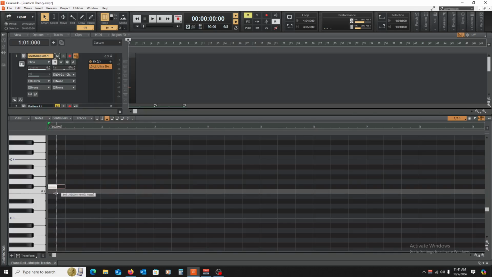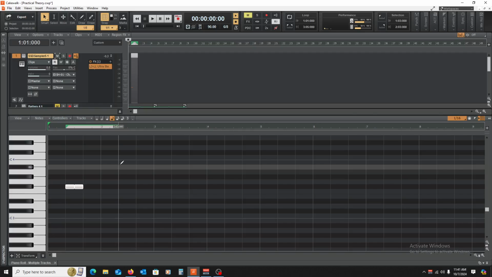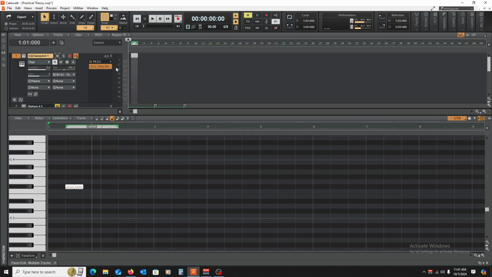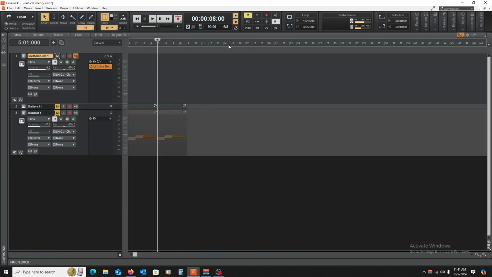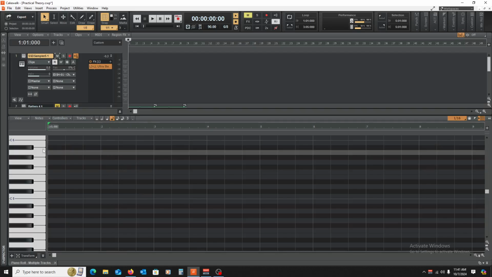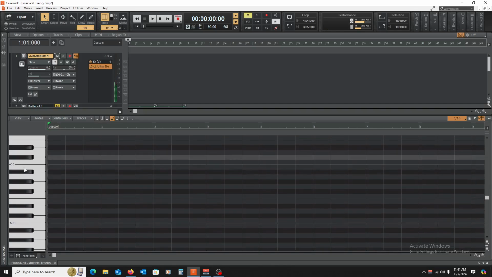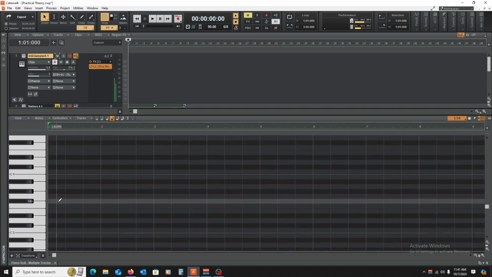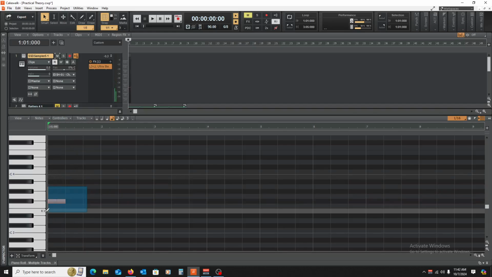And in 6/8, the quarter note looks like an eighth note. It should look a little different than it did. Ah, here we go. Okay. So anyways, the way you would count